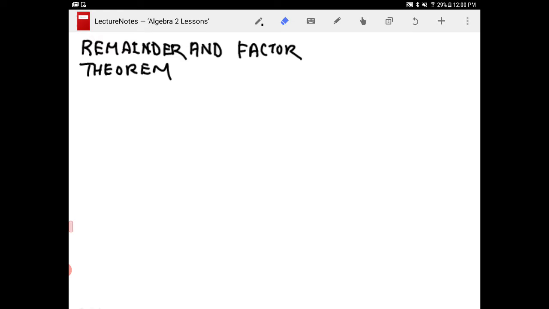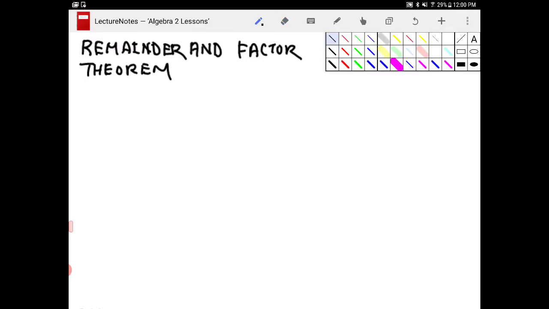So I'm going to speak in very, very general terms here. I'm going to say f of x is some polynomial, and I'm dividing f of x by x minus a. And time and time again, when f of x, or some polynomial, is divided by x minus a, I will end up with some polynomial. And this polynomial that I end up with will always be 1 degree less